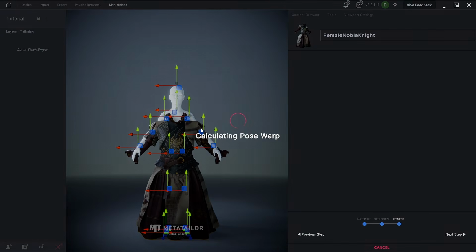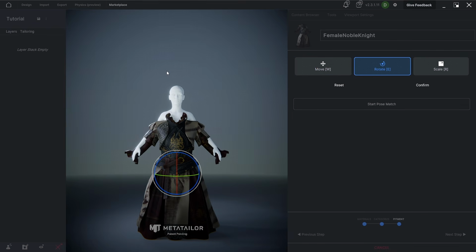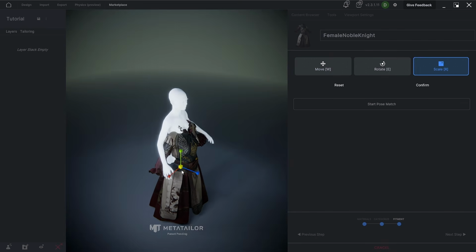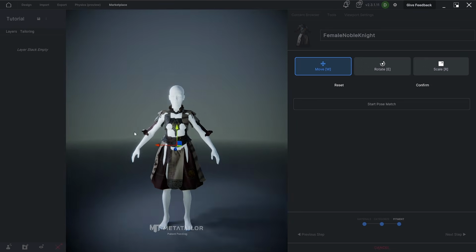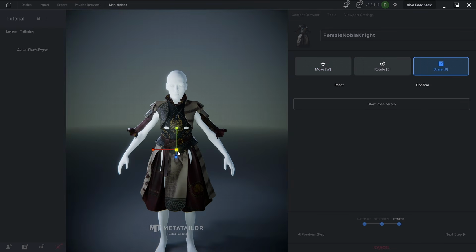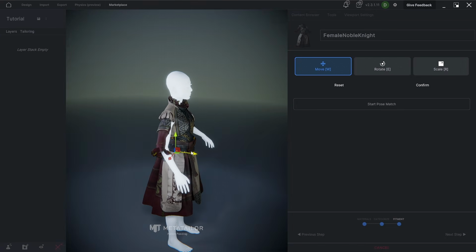Now we need to adjust the size of the armor to fit our character properly. Make sure it isn't too big or too small. Getting the right fit here is important, because any mismatch could cause issues when we move on to posing the character. You can watch as I carefully adjust the outfit to fit perfectly. I'm not skipping any steps, so you can follow along without missing anything.